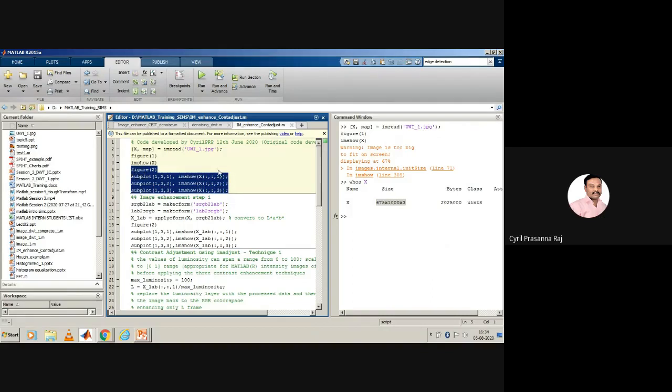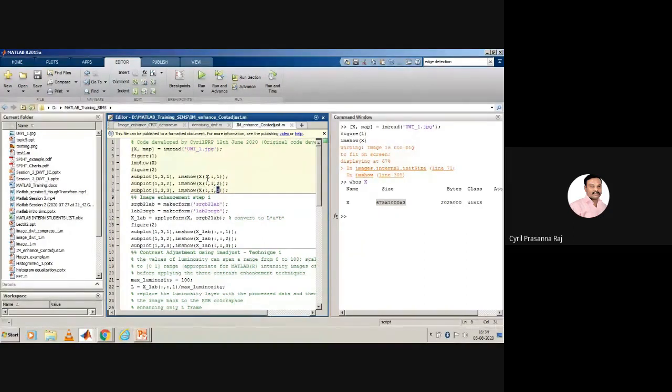I'm opening up a figure 2, and I'm reading the first frame. How to read the first frame? All rows, all columns, 1. If I read all rows, 675 pixels are read along the rows, 1000 pixels are read along the columns, and I'll take only the first frame. Now to read the second frame, I'll put 2 here. To read the third frame, I'll put 3 here.